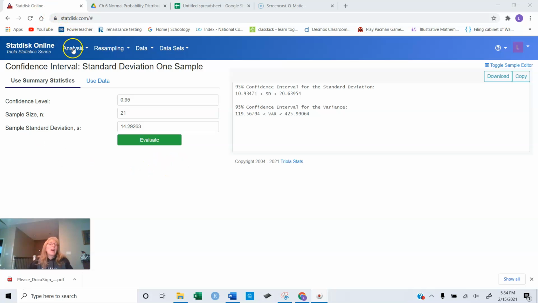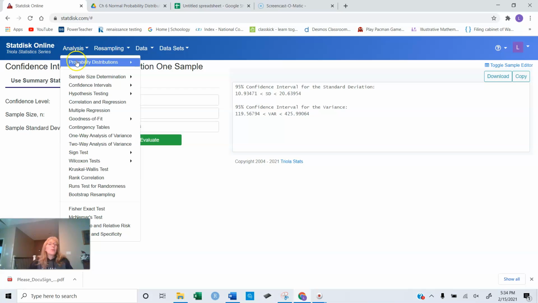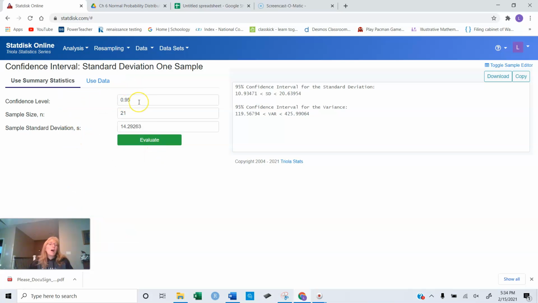So you're going to go to analysis. You're going to go to confidence intervals. You're going to click on the standard deviation one sample. So we have a confidence interval of 95. 21 is our sample because we had 20. Oh, sorry, that's 22 because they do that for us. And our standard deviation, which was given in the problem, of 14.29263. Hit evaluate, and we've got